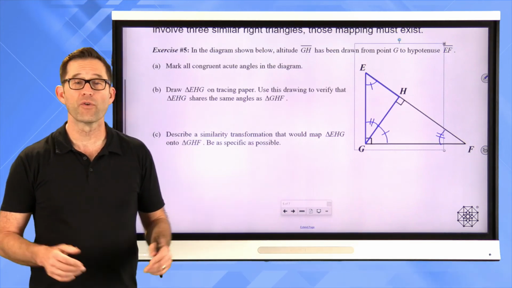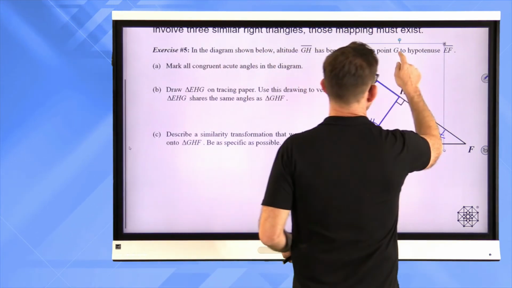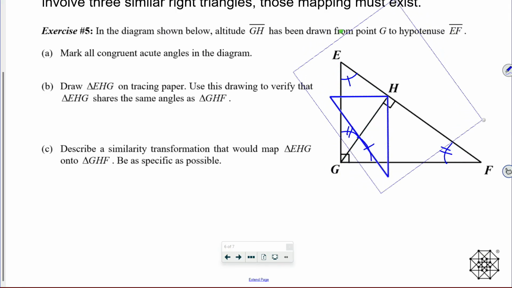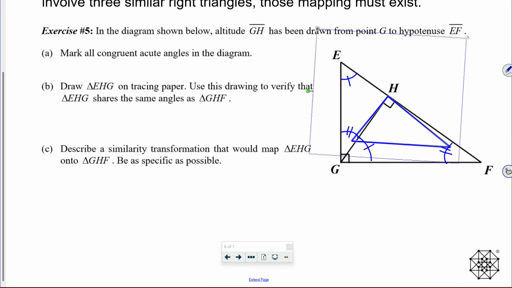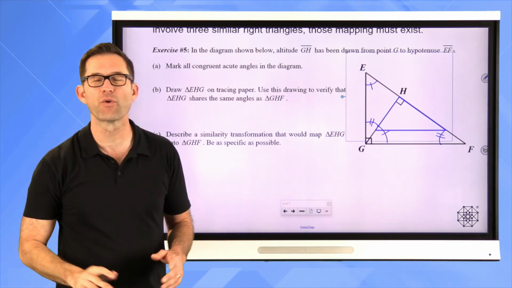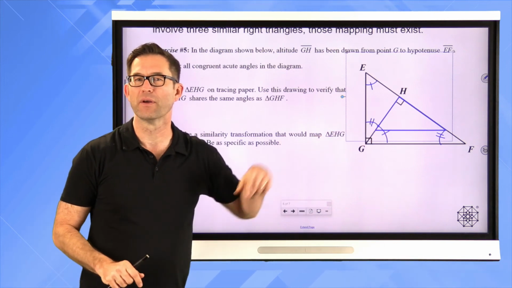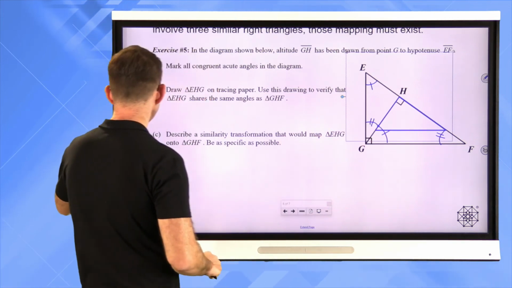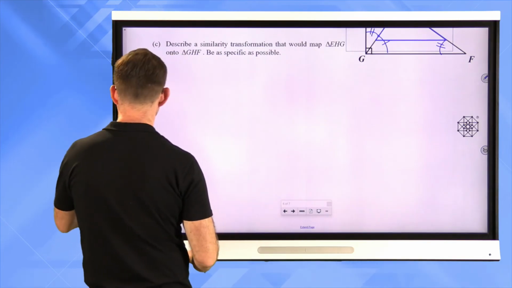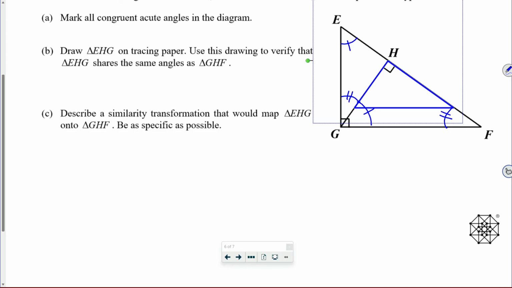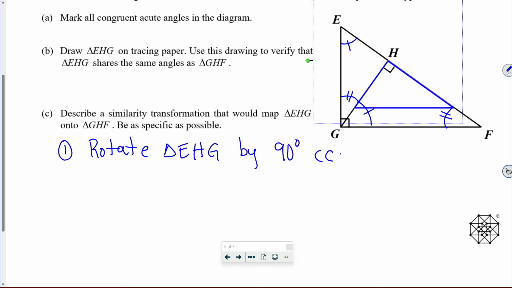All right, well the first thing I'm gonna do is I'm gonna take this smaller one and I'm gonna rotate it by 90 degrees counterclockwise so that it looks like that. All right, that's the first thing I'm gonna do because I love it when the picture looks like that. All right, so let me extend my page a little bit. I'm going to rotate triangle EHG by 90 degrees counterclockwise